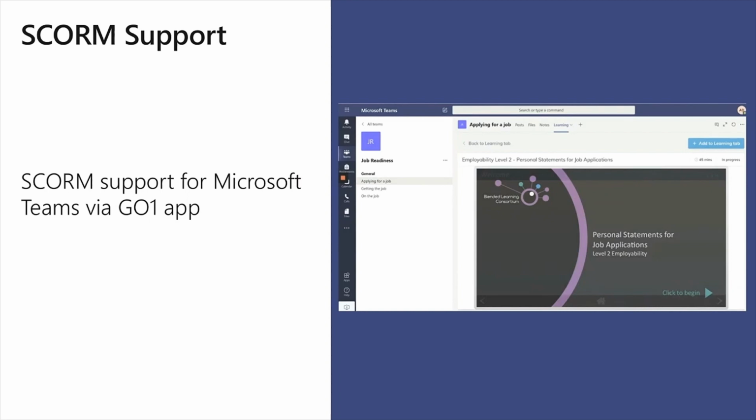So instead of just recreating everything, instead of creating your resources from scratch, if you have packages available that are in the SCORM format, this is something that is really useful for you. You can just bring in all that information directly into Teams and really come with a pre-built information source directly into your classrooms.